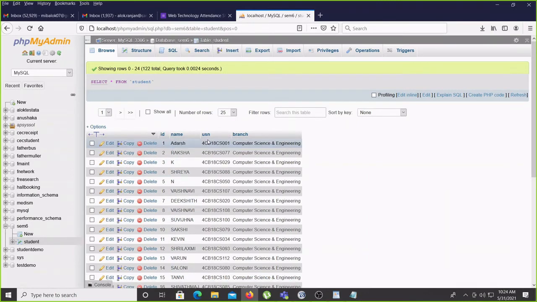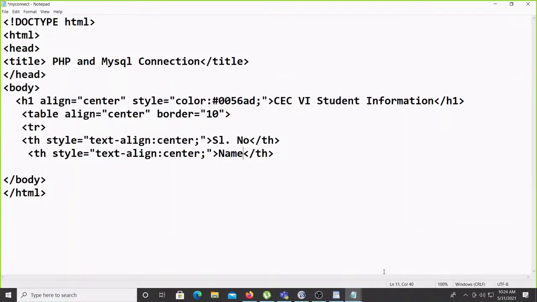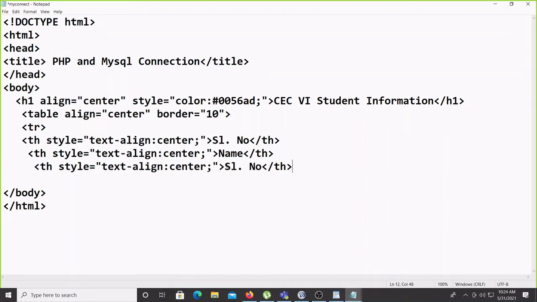So don't think we have to display everything, it depends upon your wish. So I am displaying name and USN. Then close with slash TR, and one more, slash table. So the basic part is done.